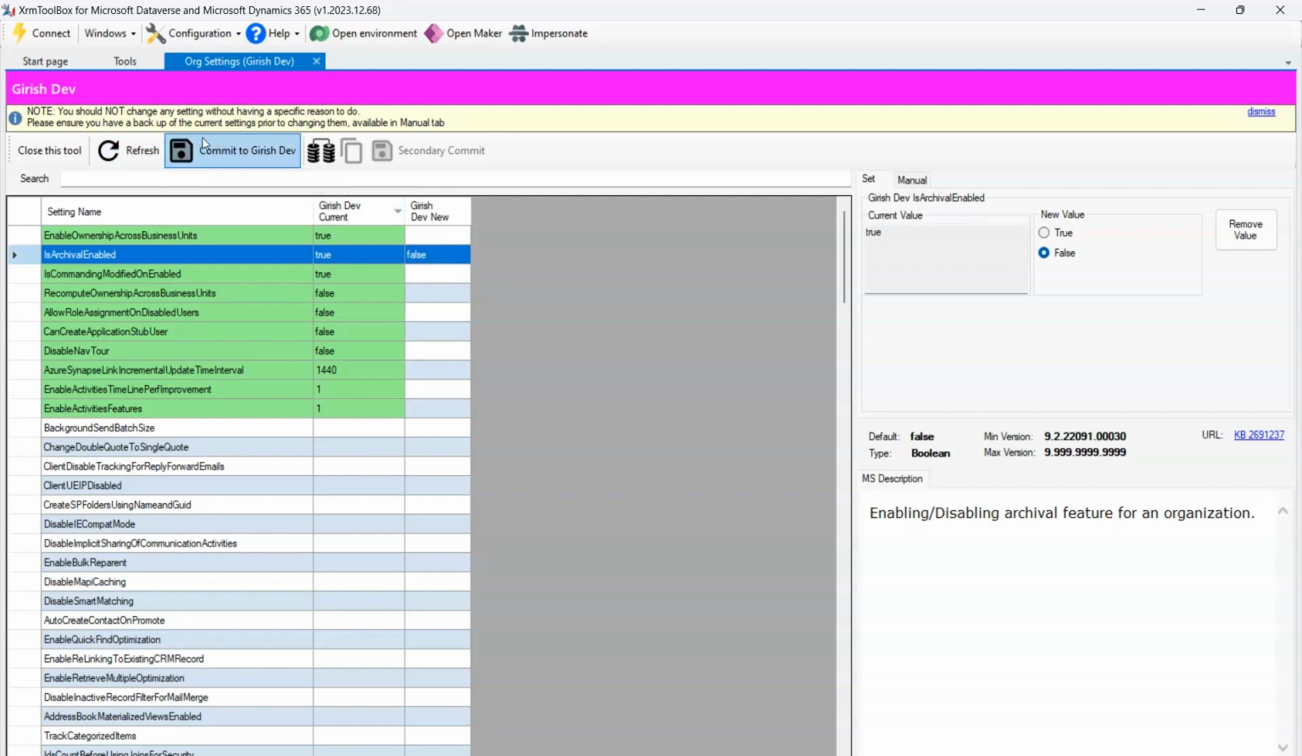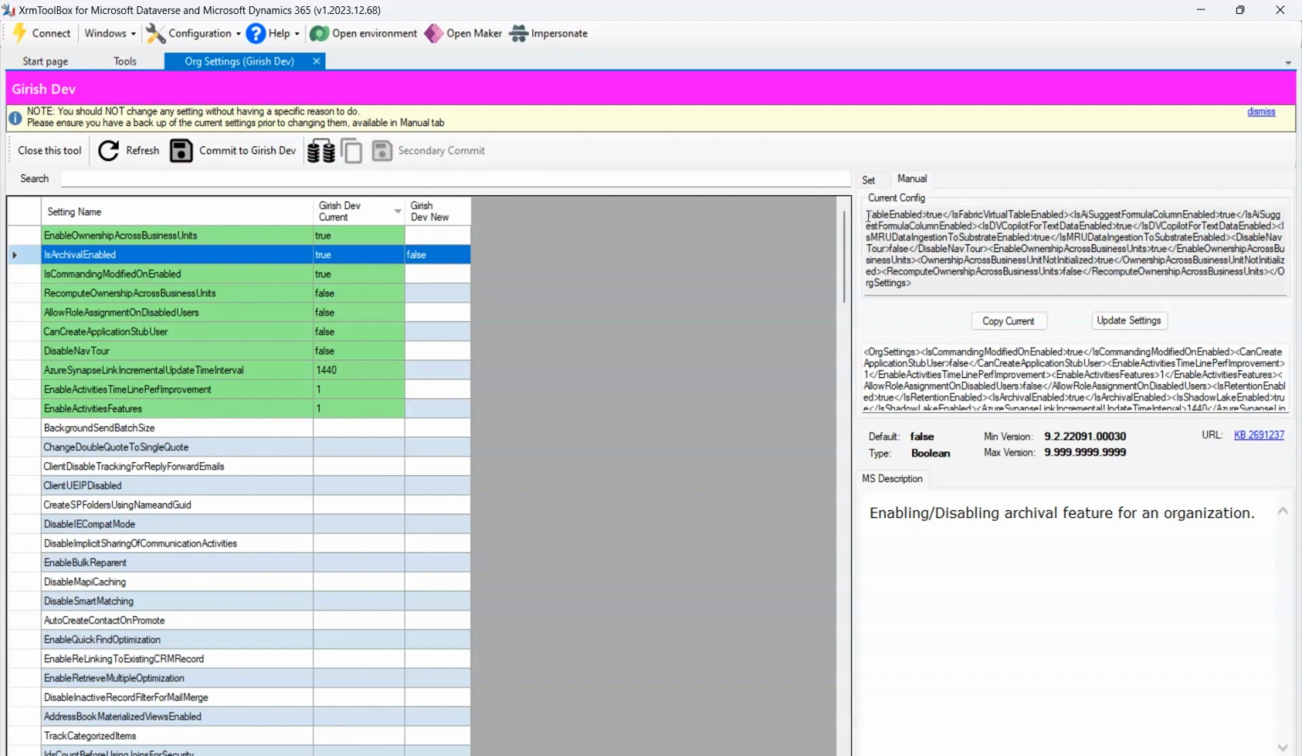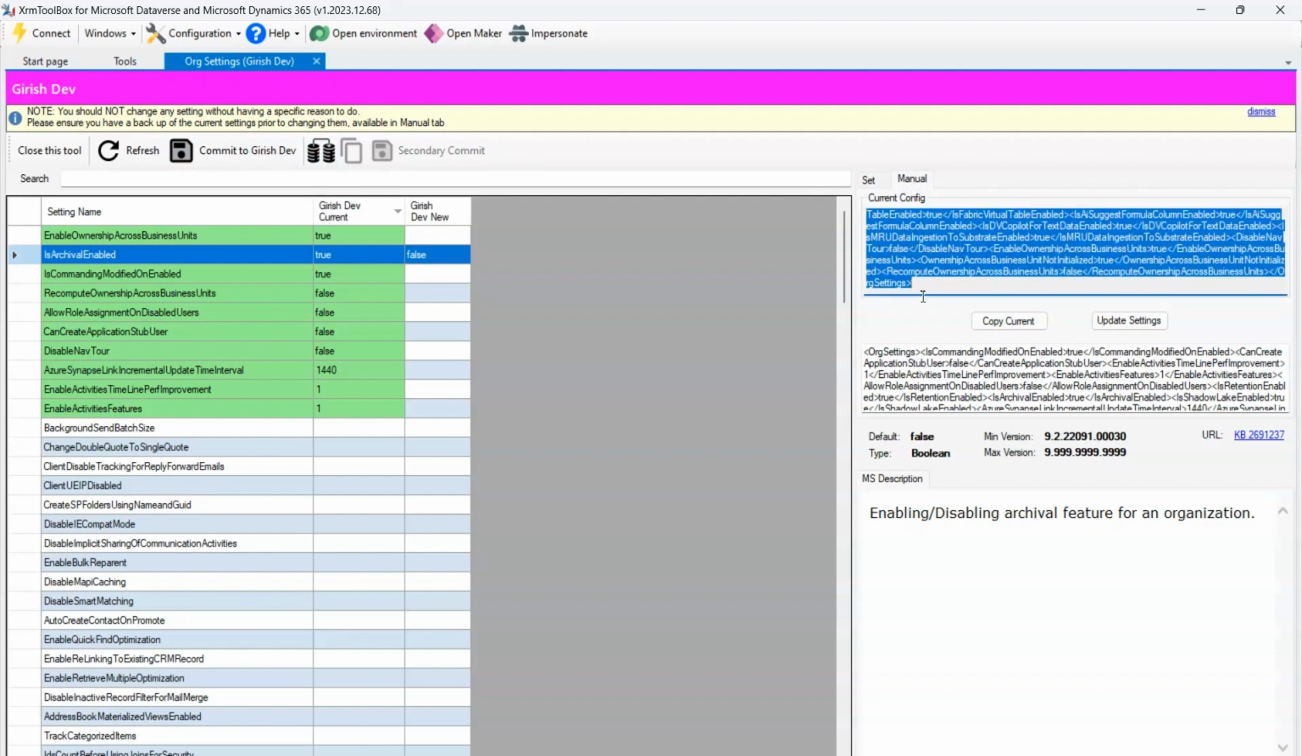Now, once you do that, you need to commit this. Okay, you need to commit the change. Now, before you commit, what I would advise is to take a copy of it. So you copy the current configuration. I'll just do a Control C and paste it somewhere. This is like copying the configuration of that particular setting just for backing